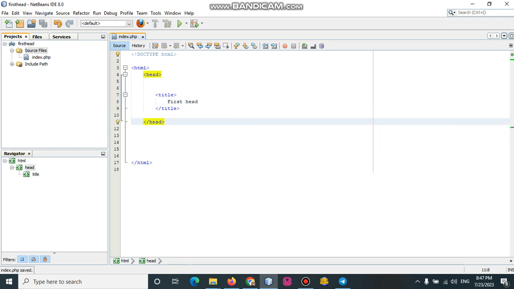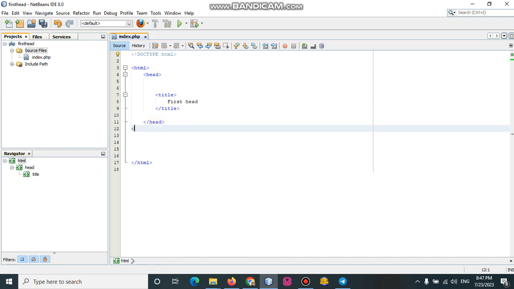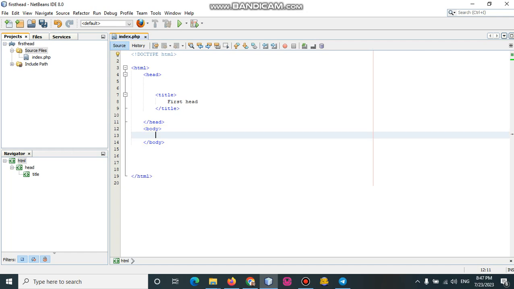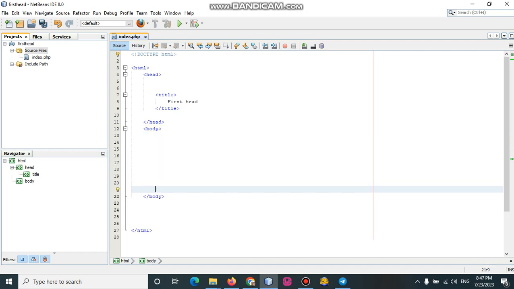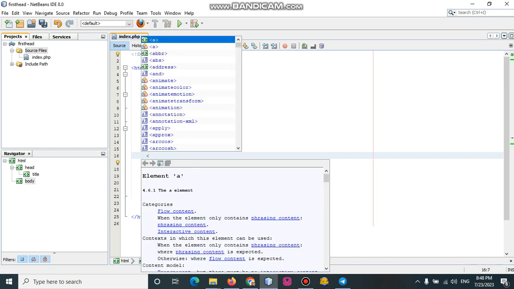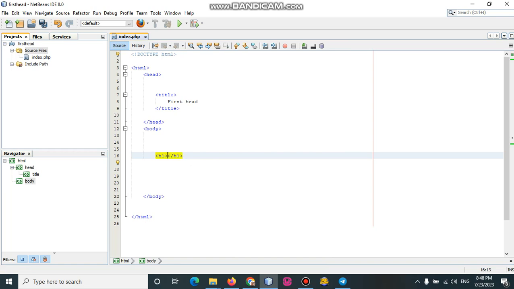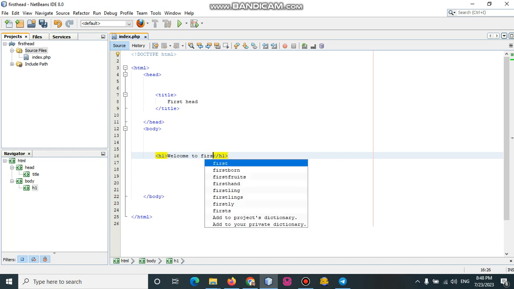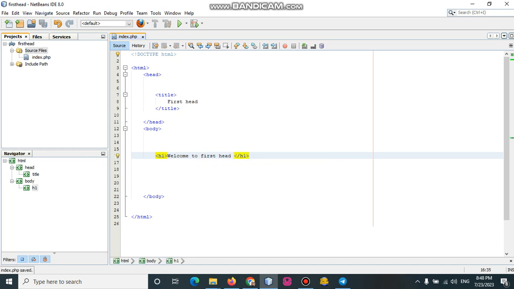So at the end of this head, which is this less than front slash head, at the end of it, you write body. Inside the body tag, that is where we write all our code, whatever we want to design. It happens inside this body tag. So what do I want to design? Let me write, I want to display a welcome note with h1 tag. H1 means heading 1. Let it be heading 1. So I will say welcome to first head. So note, whenever you finish adjusting